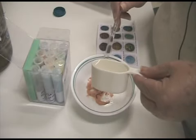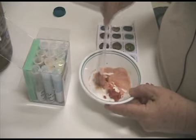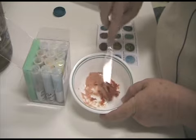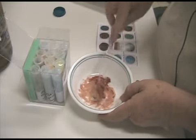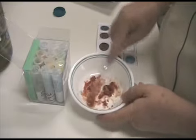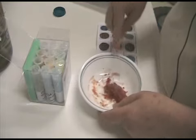So a little bit more. You want to get a consistency that is like clay. You don't want to add too much water at a time. It's easier to add more water than try to let it set and dry up. Continue working it with your plastic knife or metal knife, and once you get all the powder mixed together,